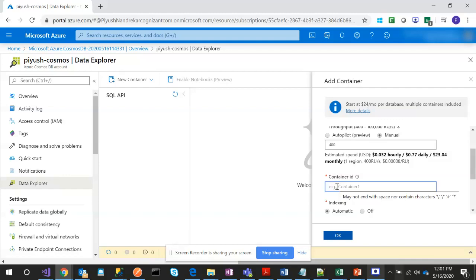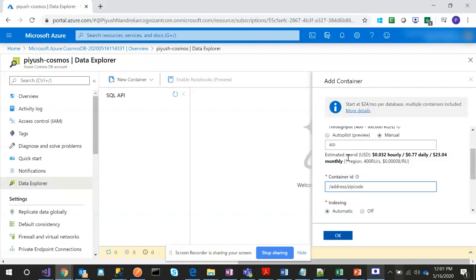That will help me physically store the data of all the families in a single zip code together, and we can horizontally partition data for families from other zip codes in different storage. That means we have virtually unlimited storage available. So let me create it as address slash zip code.